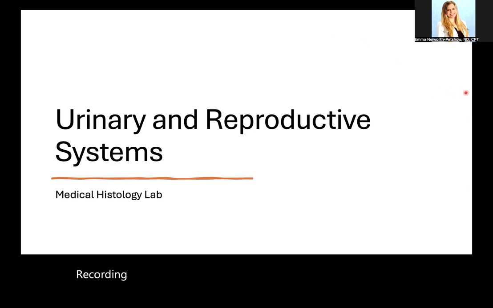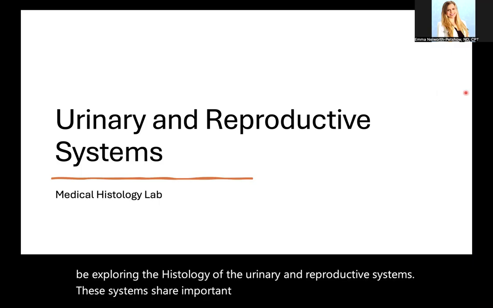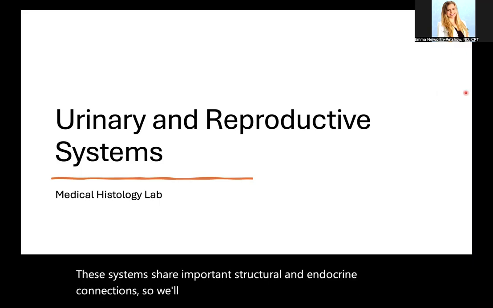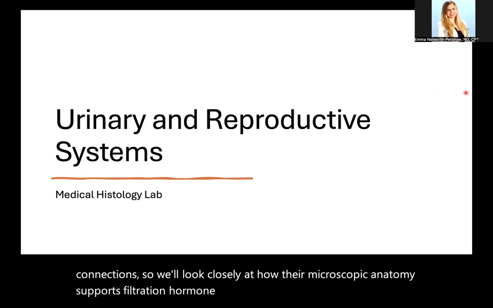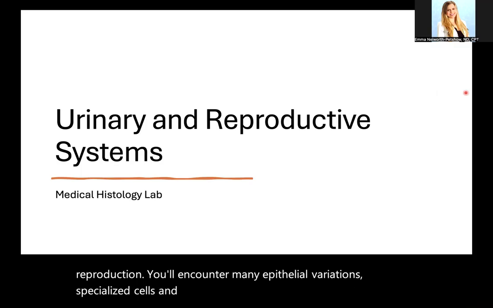Welcome, everyone. Today we're going to be exploring the histology of the urinary and reproductive systems. These systems share important structural and endocrine connections, so we'll look closely at how their microscopic anatomy supports filtration, hormone production, gametogenesis, and reproduction. You'll encounter many epithelial variations, specialized cells, and structural arrangements, and today's lab will help you